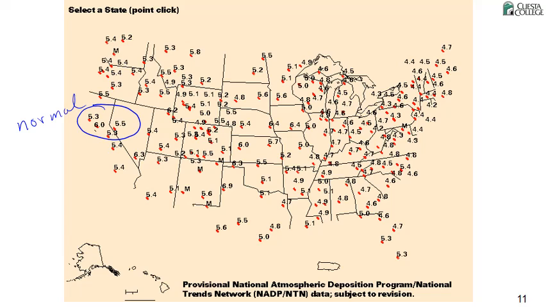However, if you start looking over on the east coast, you can see that the pH values are down more like 4, about a whole number lower than on the west coast. On the east coast, they burn a lot of coal. They use that as fuel for power plants to make electricity, and they use that in some industrial processes